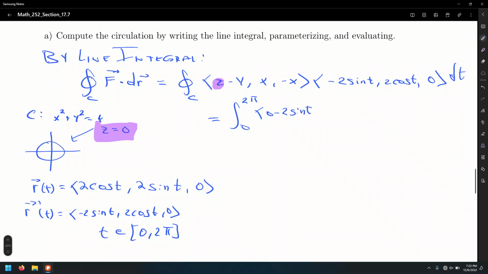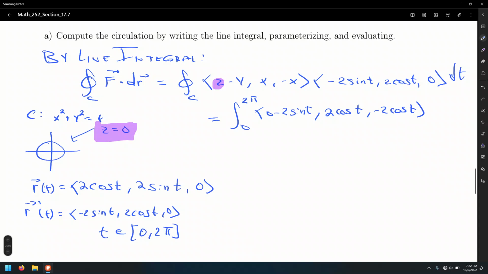Where am I getting this 2 sine t? Because this y right here is the same y as in the vector valued function. And comma x, which in this case is 2 cosine t, and negative x, that is negative 2 cosine t,